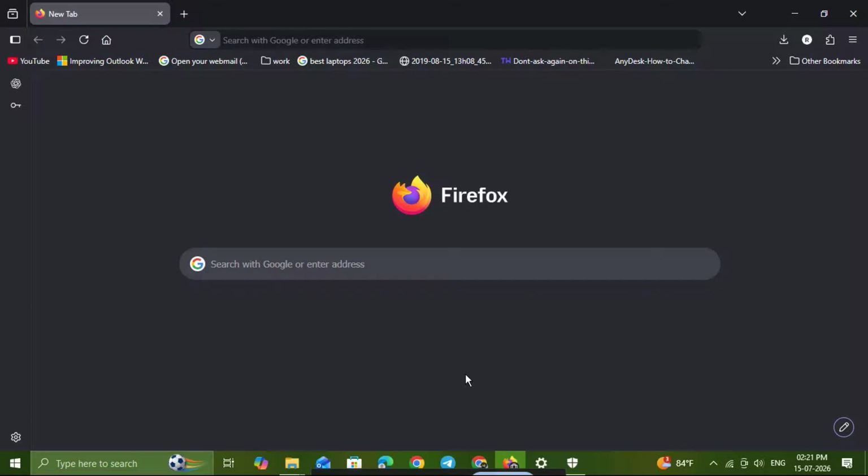If you use Firefox on Windows 11, you might want to turn automatic spell check on so it catches typing mistakes as you write, or turn it off if you prefer a cleaner, distraction-free experience. In this video, I'll show you exactly how to enable or disable Firefox automatic spell check in just a few